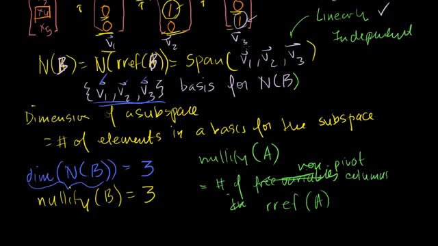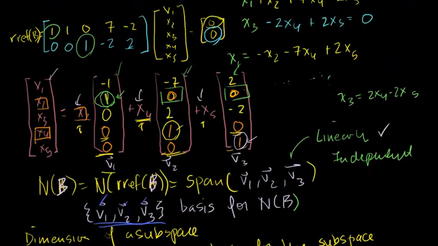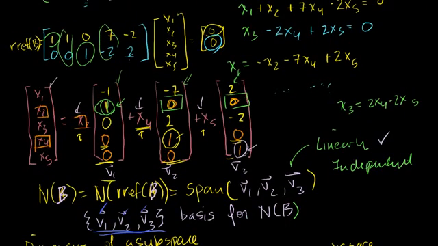All of those free variables have an associated linearly independent vector with each of them, right? So the number of free variables is the number of vectors you're going to have in your basis for your null space. And the number of free variables is essentially the number of non-pivot columns in your reduced row echelon form, right? This was a non-pivot column. That's a non-pivot column. That's a non-pivot column. And they're associated with the free variables x2, x4, and x5. So the nullity of a matrix is essentially the number of non-pivot columns in the reduced row echelon form of that matrix. Anyway, hopefully you found that